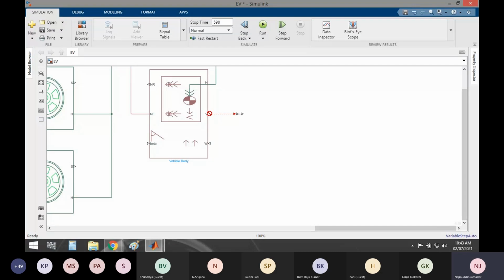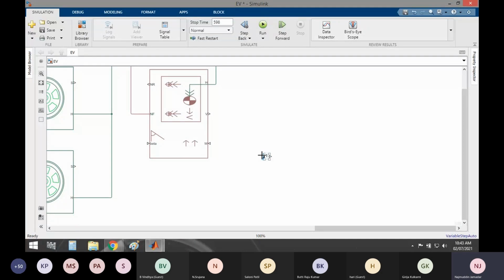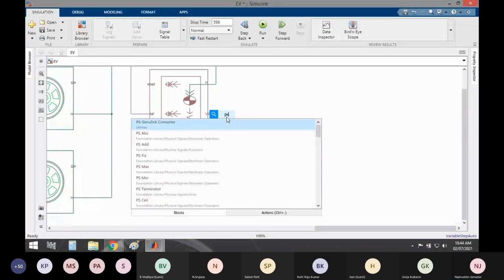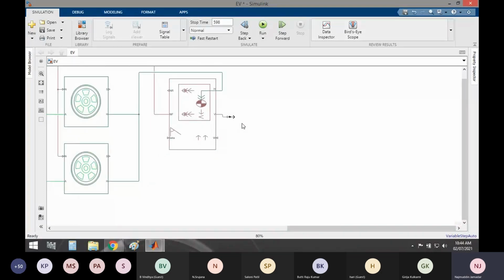After the PS-Simulink converter, you can connect your other system. So this is the vehicle output velocity.